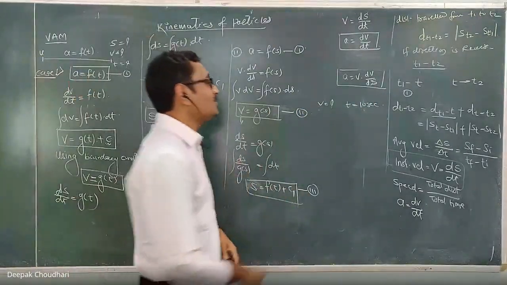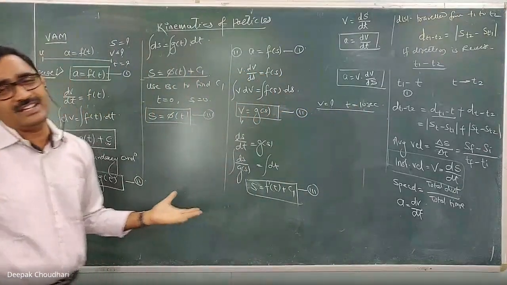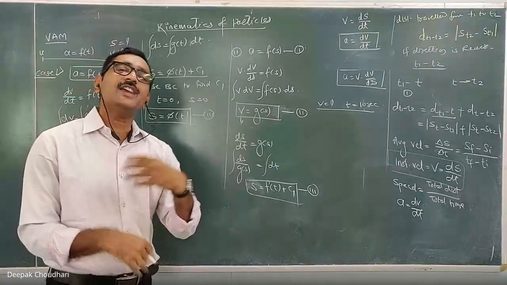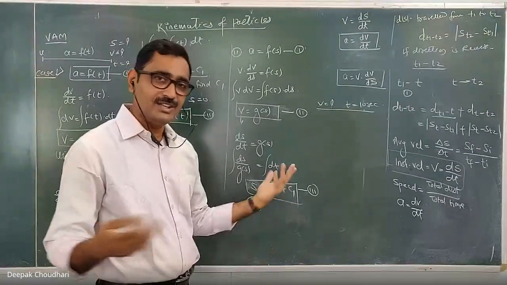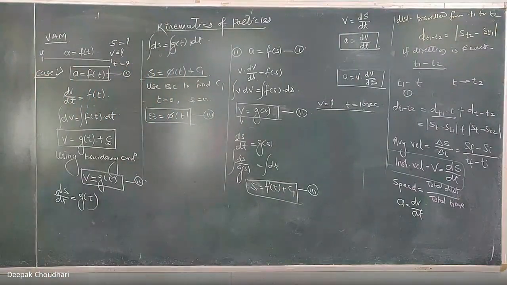Here no need to write down the fourth kinematic equation directly in terms of v and t. No need. With the help of these three, we can solve. But if you want to write down the equation of v in terms of time t, then how can we write? Can you tell me how I can write down the equation of velocity as a function of time t?